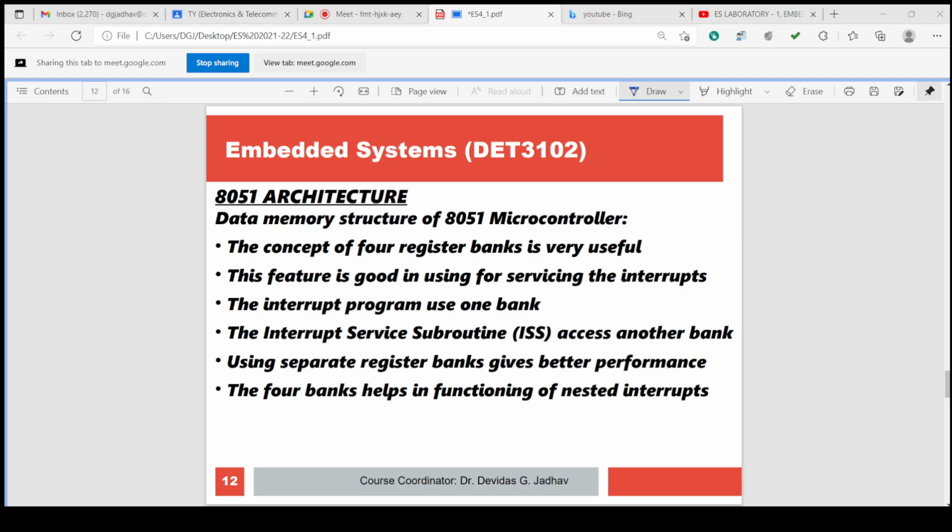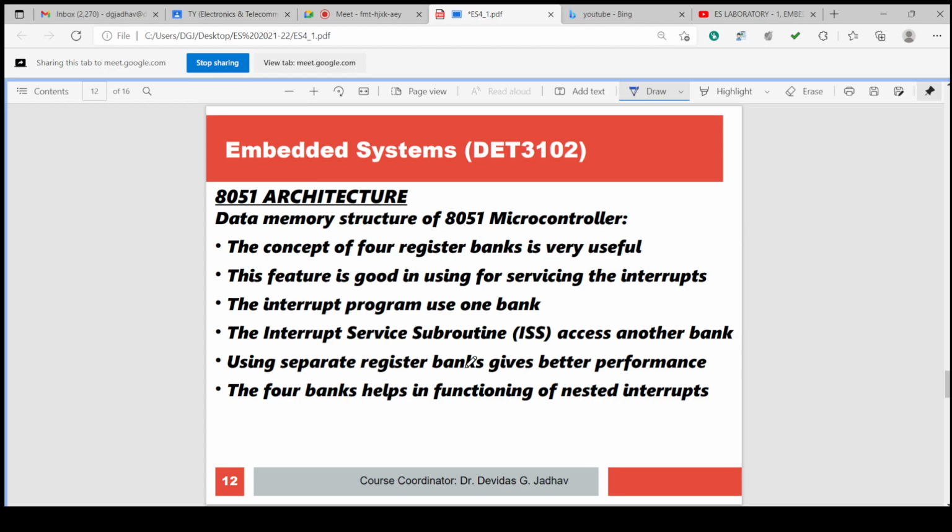In the data memory structure of the 8051 microcontroller, the concept of 4 register banks is very useful, for example in serving interrupts. What is an interrupt? Whenever an external circuit requires the attention of the microcontroller, it raises an interrupt. Once the interrupt is raised, the microcontroller has to attend to it and serve the interrupt routine.